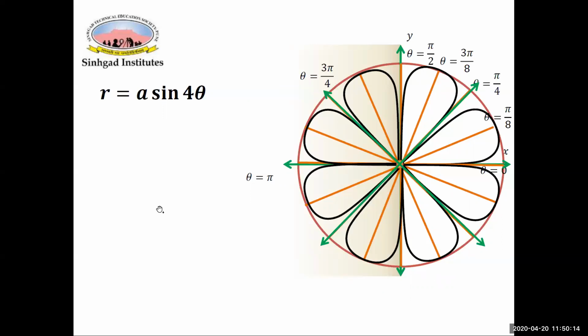The next type which remains now, from the curve tracing, is the parametric curves, which we'll see in the next session. I hope today's session was easily understandable to you. Practice these 3 plus 1, that is 4 problems, which will give you a clear idea about the polar curves.